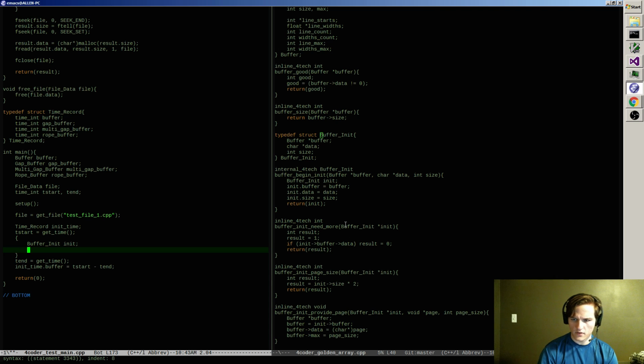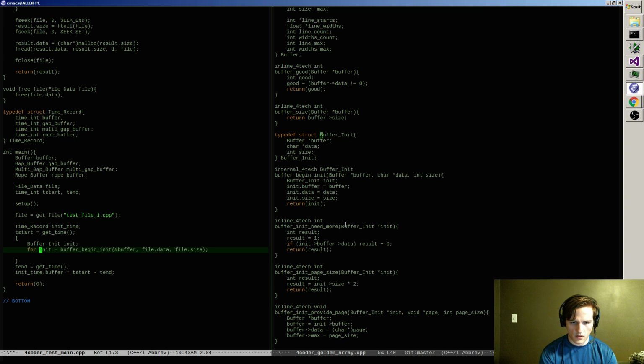Okay, so we have this init. Probably clear it to 0 to begin with, and we say begin the init for the buffer. Oh, I don't need to clear that to 0. I need to set it to the result of this. Gotcha. The data is the file data, and the file size goes there. Okay, so that begins an init.